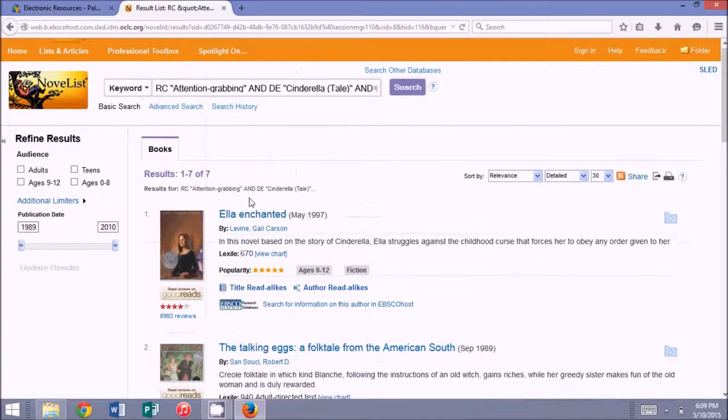So we know how to find books on NoveList. We know how to find read-alikes. What's really cool about this site is that you can save all the books you find in book lists. To do this, you need to make an account. The benefits of making an account are you can keep track of the things you read and the things that you want to read. So go up here to sign in,